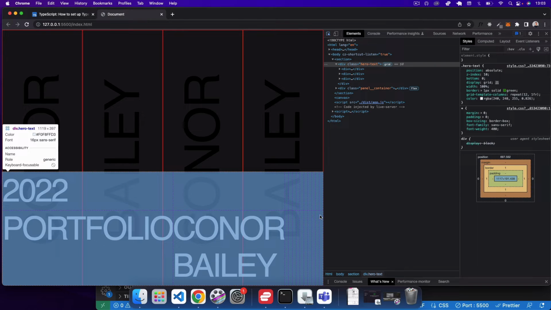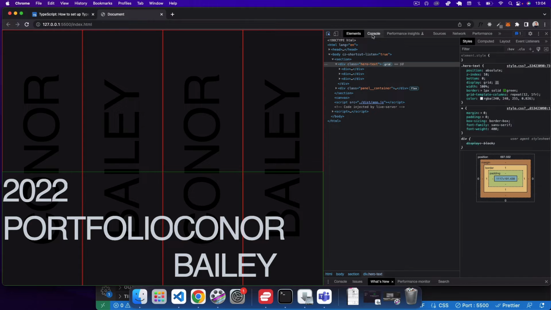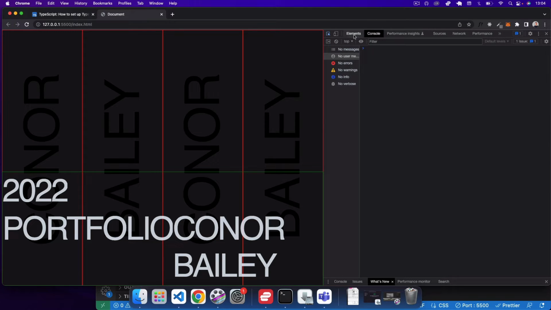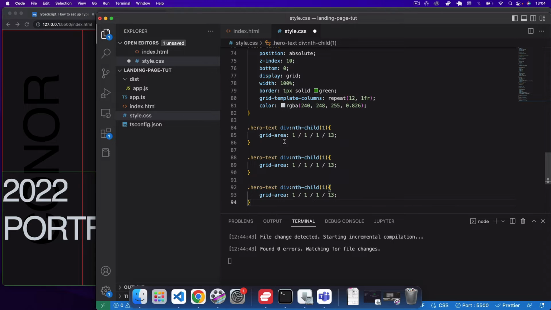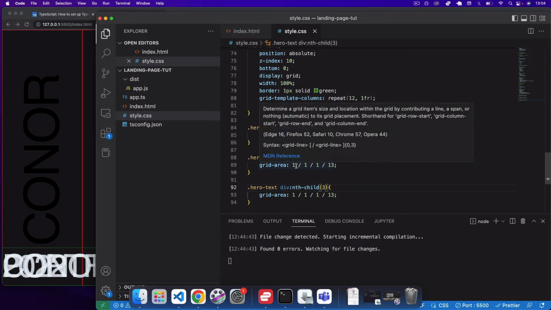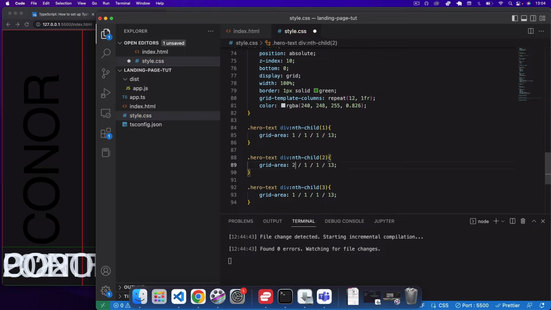So that's showing up in our CSS like so. Okay, and then the next thing we want to do here is we come to our CSS again, and then we want to copy this down twice, and then we just change these to 2 and 3 to set the second and third divs. And for the second div, we're just going to set the column start to be 2, the row start to be 3, and then we'll just say